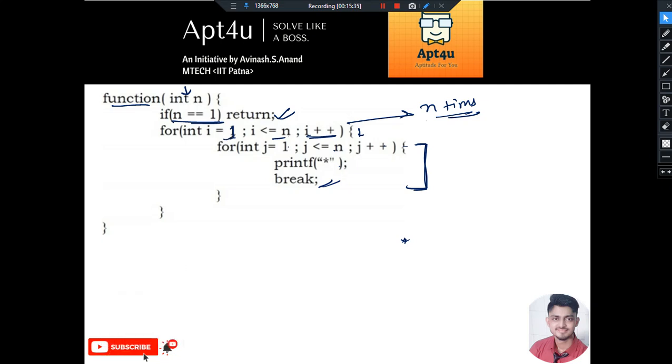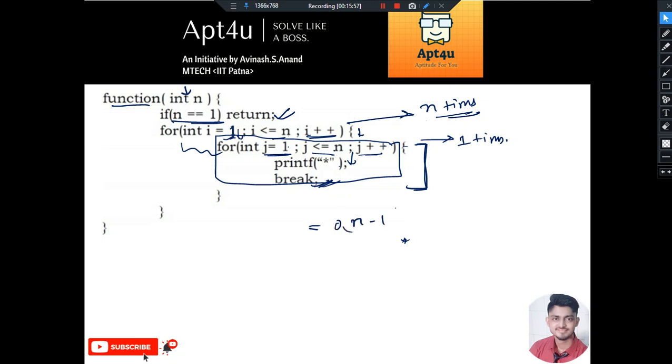When i is equal to 1, it will enter, it will take j equal to 1, the condition is true, it will go inside, it will print star, it will break. Break means it will not go again for j plus plus. It got executed only one time for each value of i. Overall time complexity is, since it is nested, n into 1, which is nothing but order of n. So the time complexity of this particular code is order n.